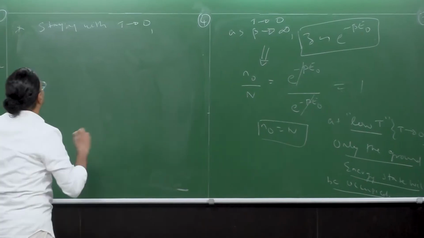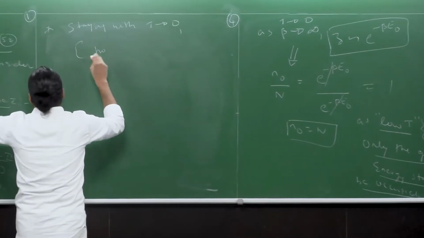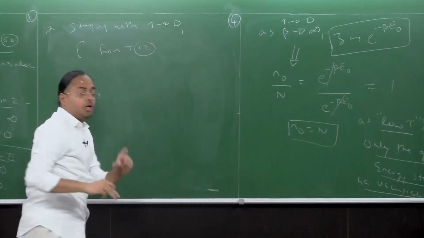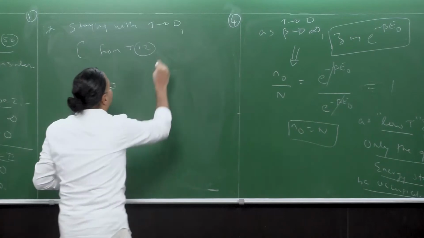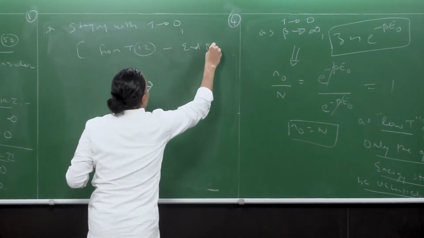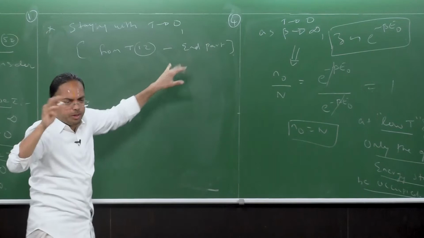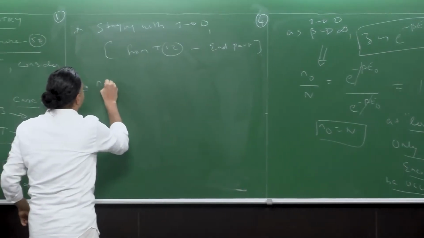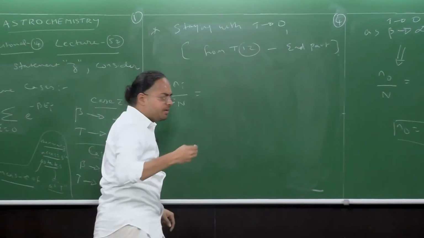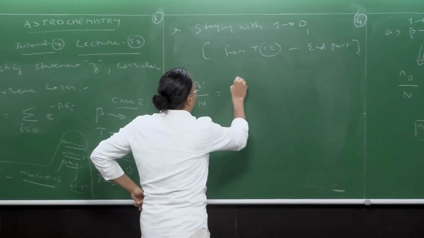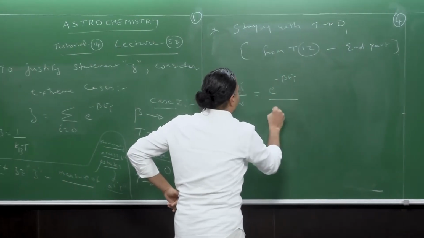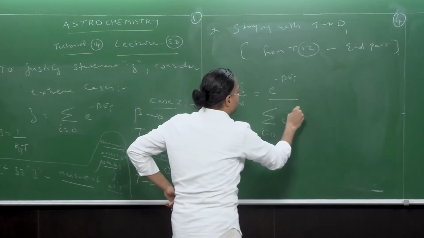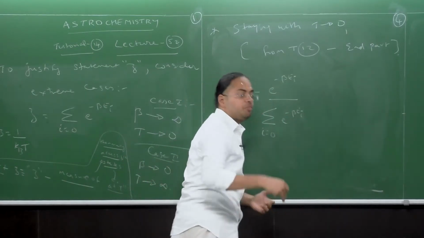Recall from tutorial 12, from towards the end of tutorial 12, the concluding part, being colloquial. If you look at the end part of it, I had given you the expression that my Ni by N is equal to e to the power minus beta Ei divided by the sum over i equal to 0 to whatever states, e to the power minus beta Ei, which can also be written as,